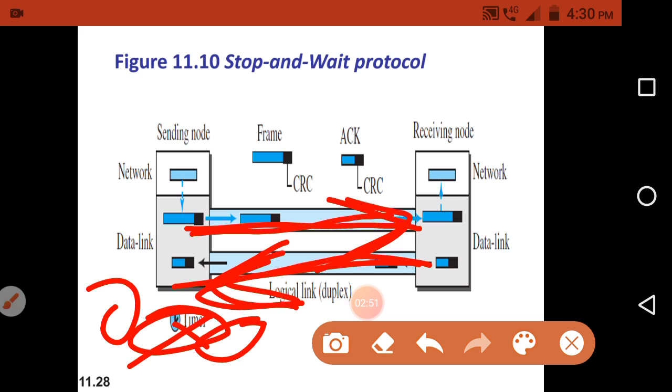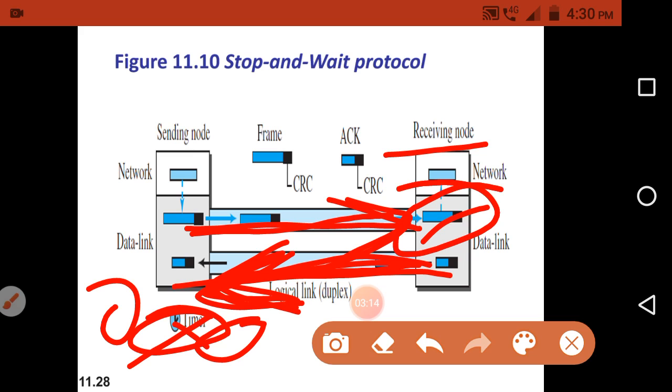When the frame received by the receiver is error free, or correct, only then does the receiver send the acknowledgement to the sending node. If the received frame is corrupted, the receiving node will not send any acknowledgement. Then the sending node understands that the receiver has received a corrupted frame, and it will send the same frame again.